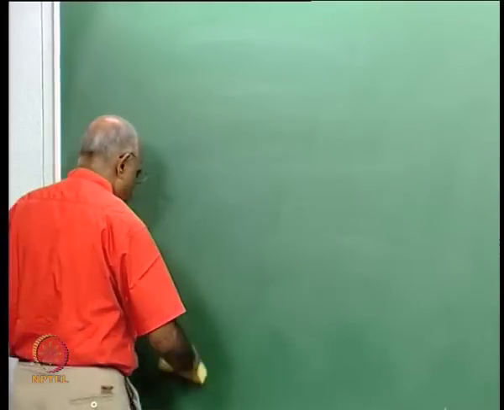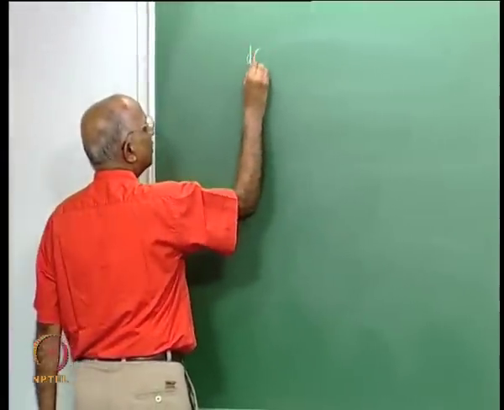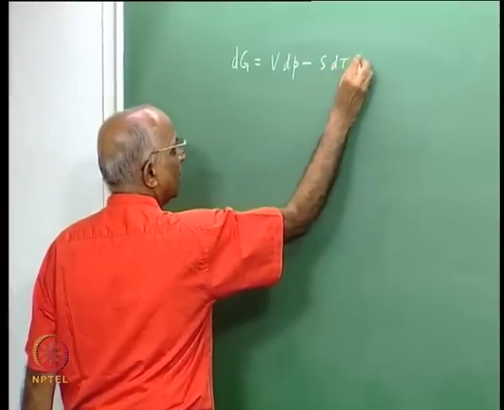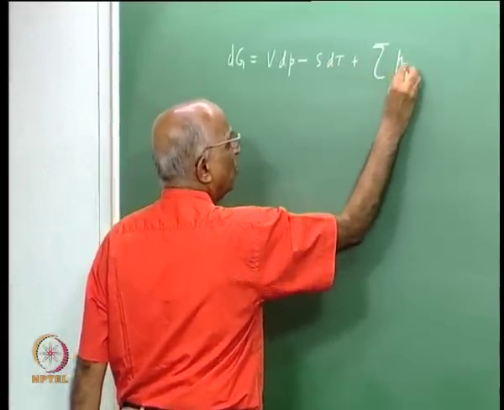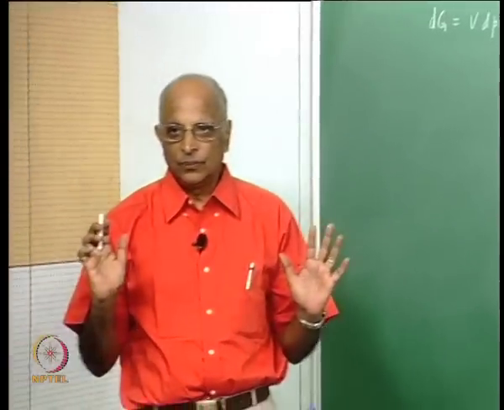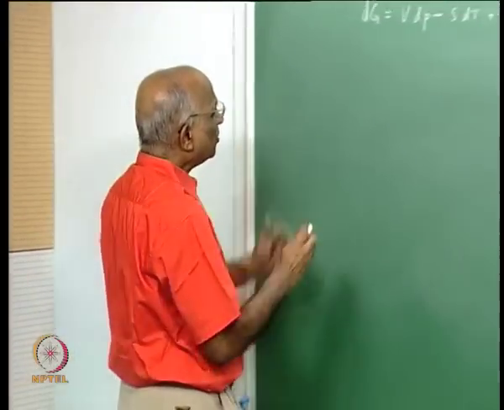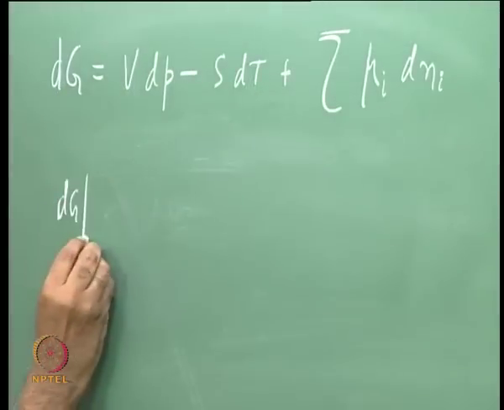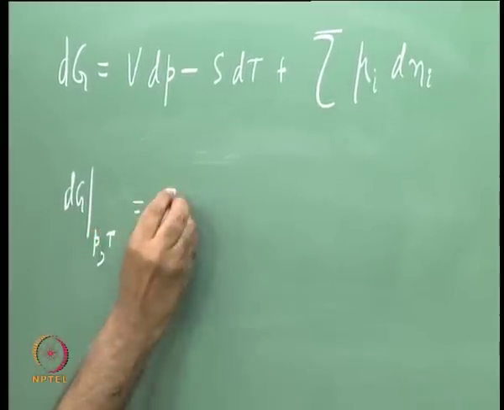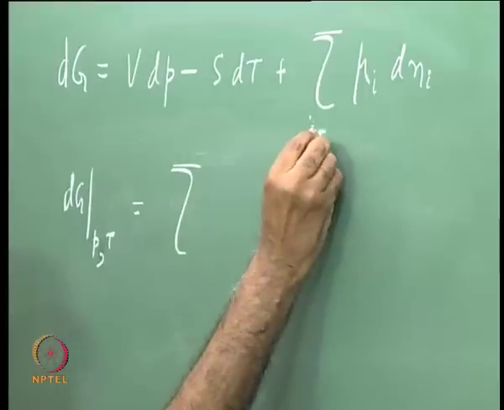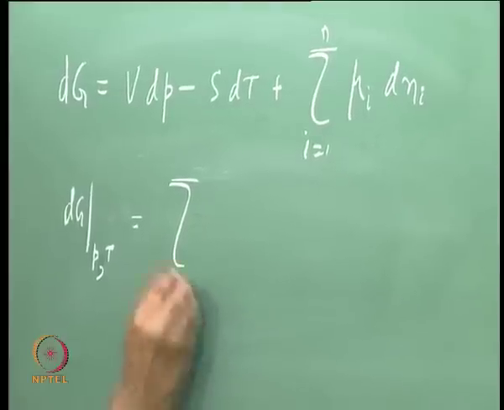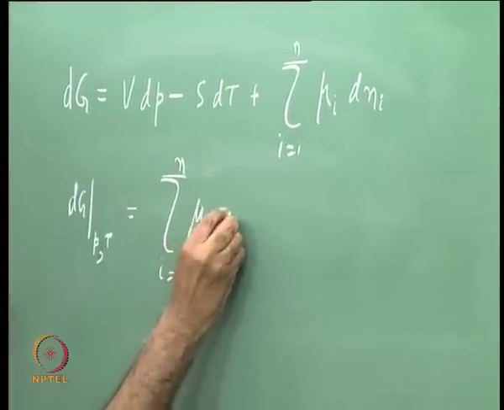I can now write my equation dG is equal to VdP minus SdT plus summation of mu i into dni. Okay? Now I want to simplify it further. At constant temperature and pressure, dG at constant pressure, constant temperature, I write this as equal to summation, let us say i is equal to 1 to how many species are there? I write it as i is equal to 1 to n of mu i into dni,